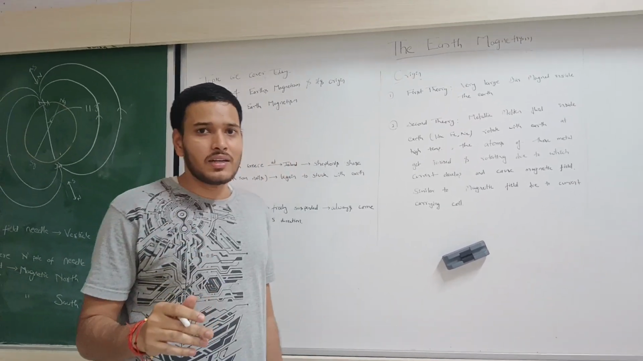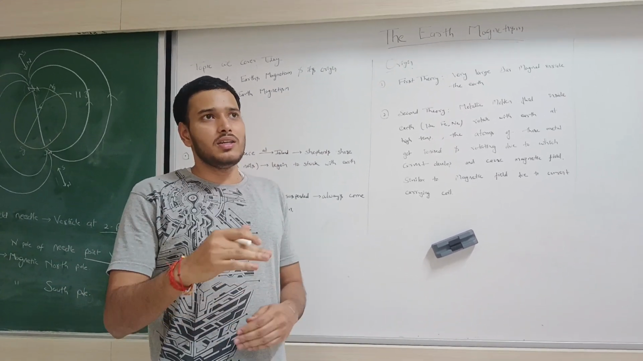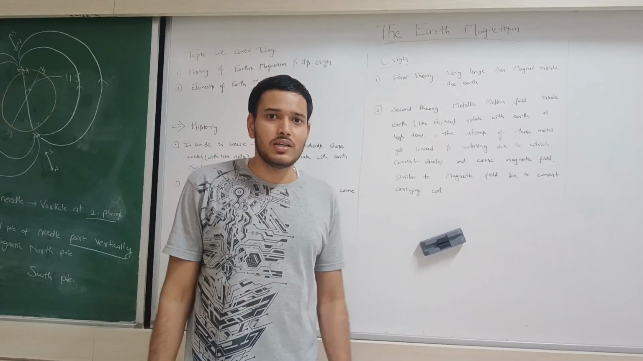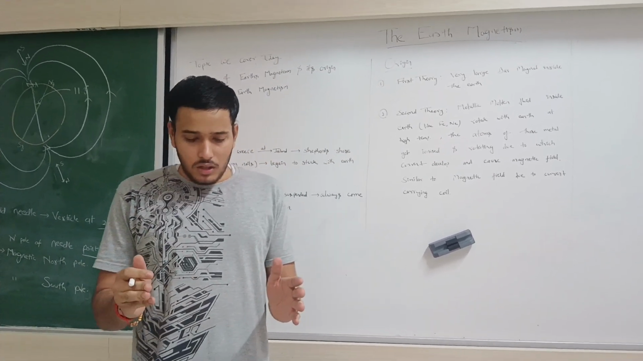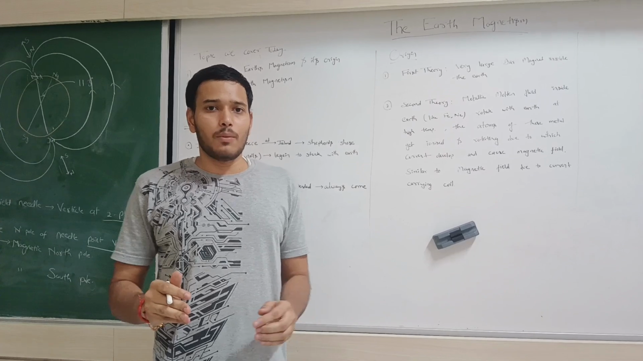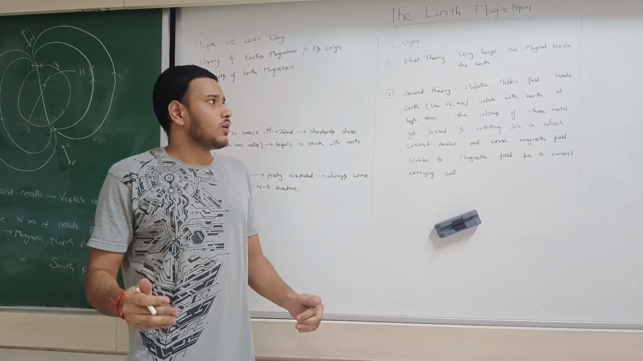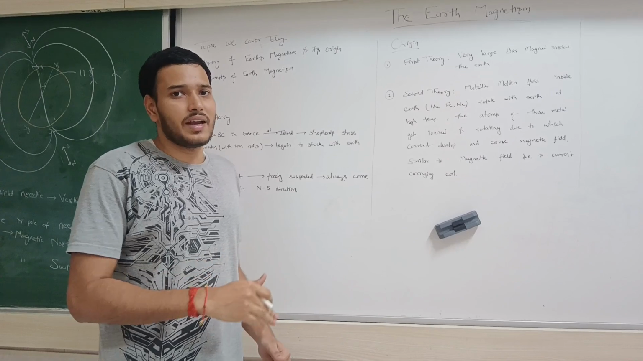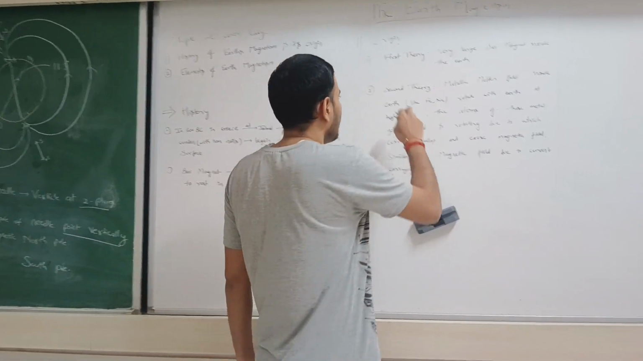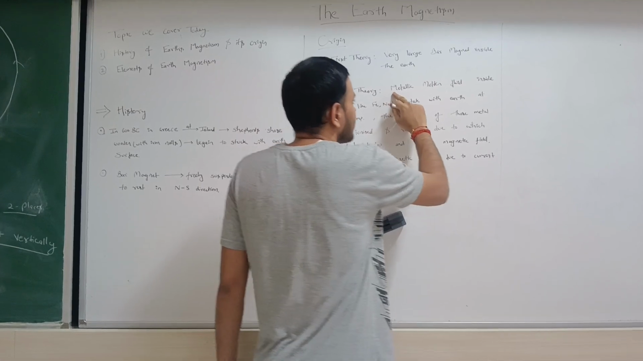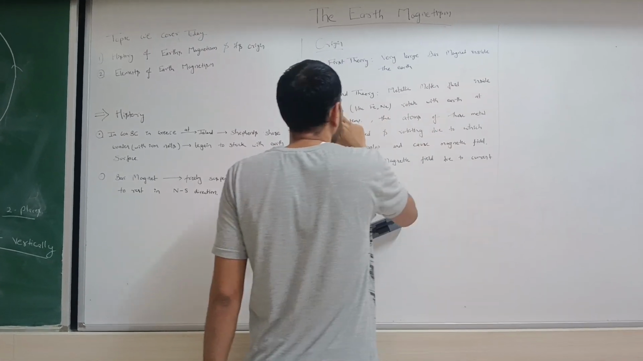But it was rejected in further years because when we studied that at high temperature the magnet begins to lose its property, this theory cannot withstand that condition. And then a second theory came, and it tells that metallic molten fluid inside the earth